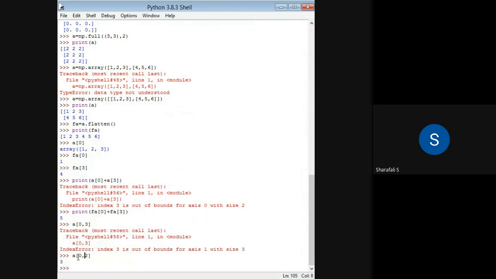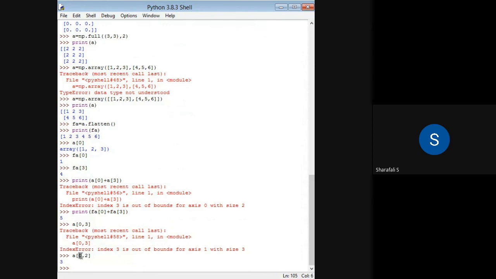So a of 0, 0 represents the first row. If you consider this two-dimensional array as a matrix, then this part represents a row. This one is nothing but your first row with the index 0. If you consider index 1, then that will be the second row.